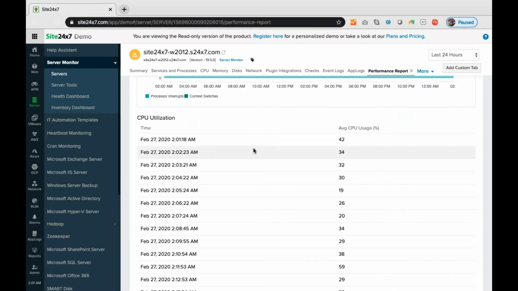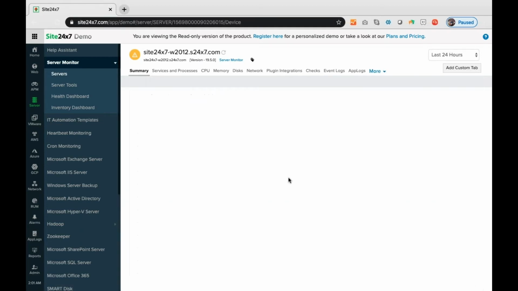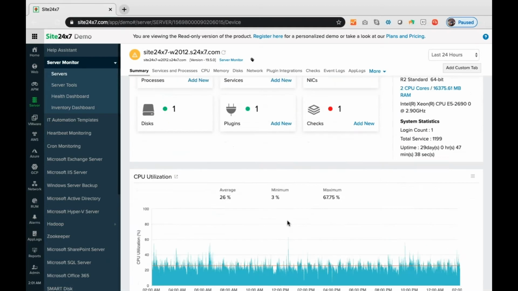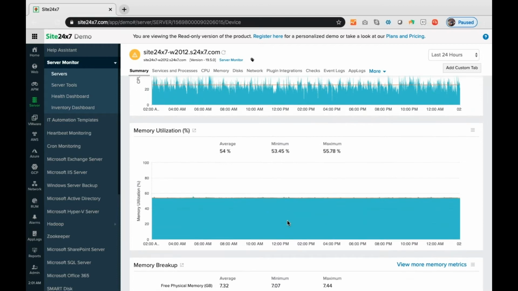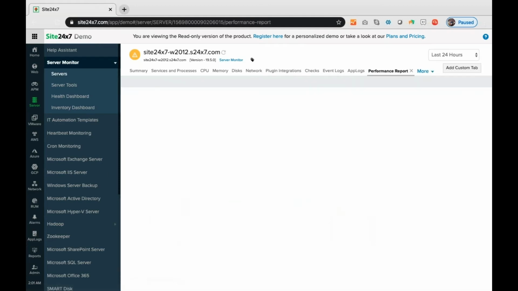The next critical metric is memory utilization. You again navigate to summary, and here you can see the memory utilization stat. Memory utilization is extremely important because monitoring memory usage helps in identifying underused or overloaded servers and redistribute load effectively. Similar to CPU utilization, in Site 24/7, you can get an even more in-depth look into memory utilization with information such as